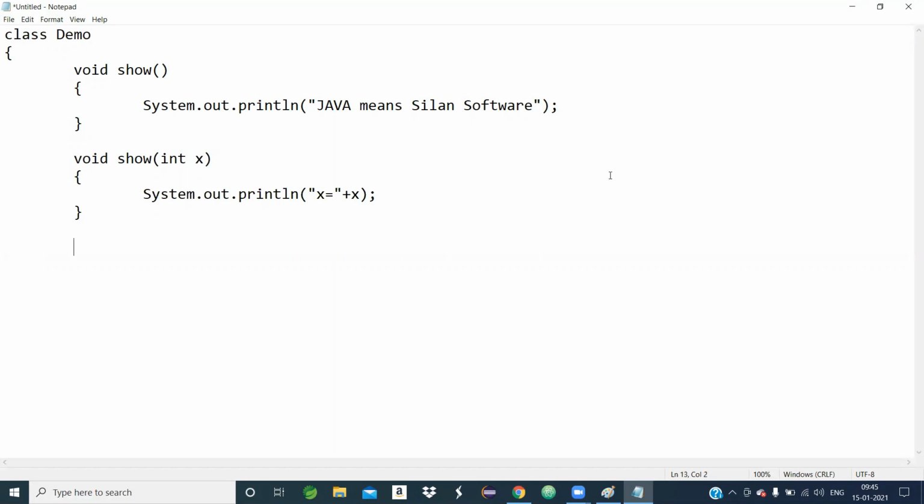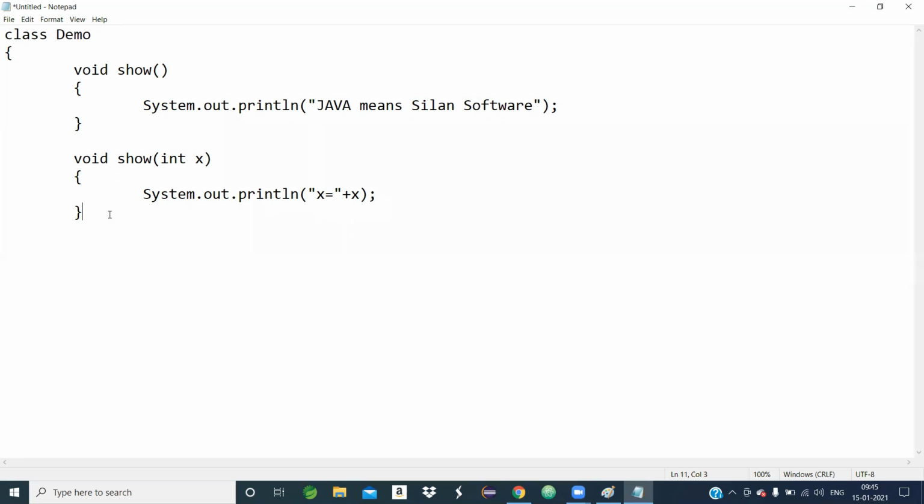Just see what you are observing. Here the method name is show, and here the method name is show. It means the method name is the same, but they are different by their signature. Here show method has no argument. Here show method takes one int argument. So these two methods are different by their signature.